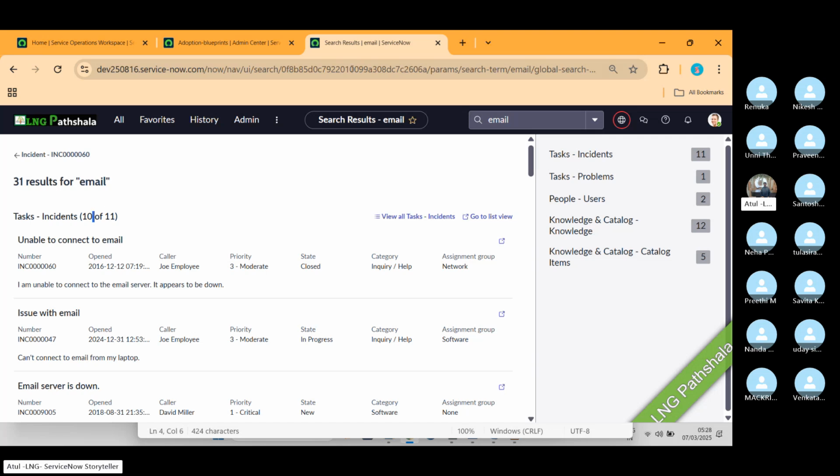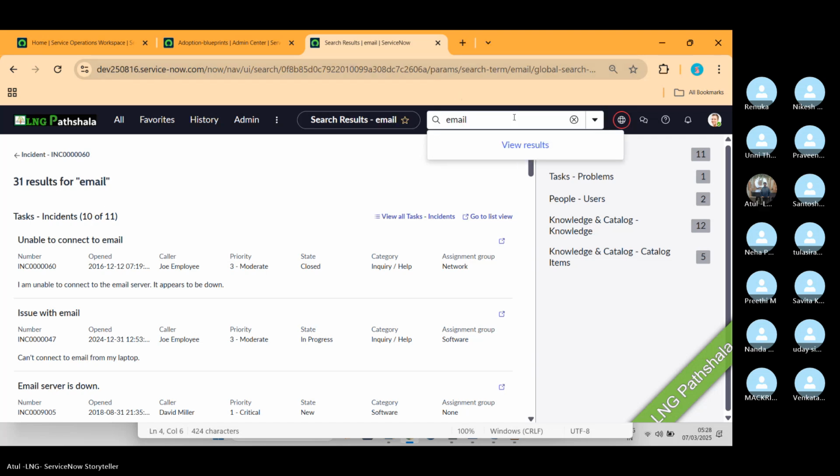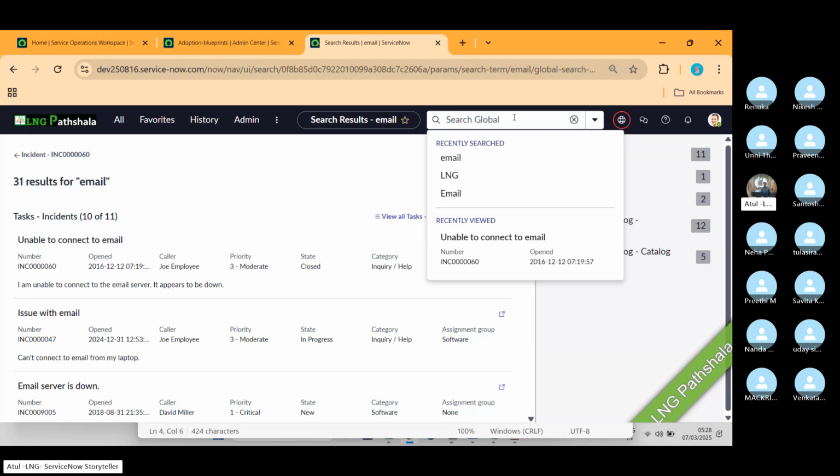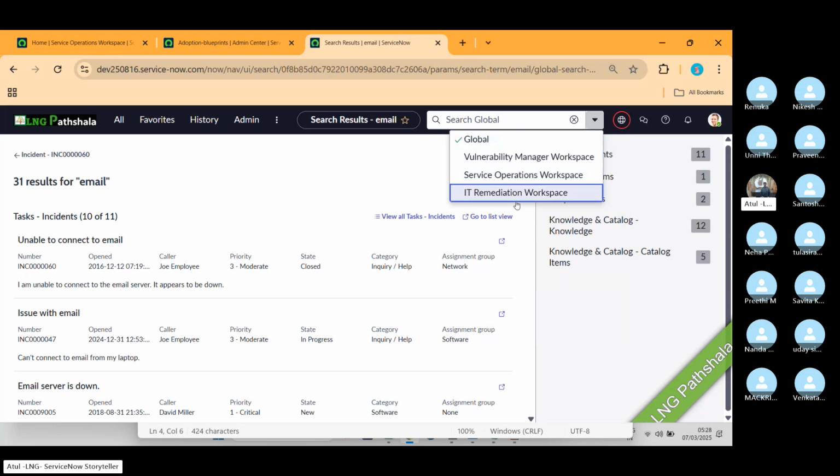Okay, so this is what the global search does. Also, now as we have activated the workspaces, we can search in the specific workspace as well. I am not giving this as homework to find out where it has been configured. Just find out what we discussed. Next part